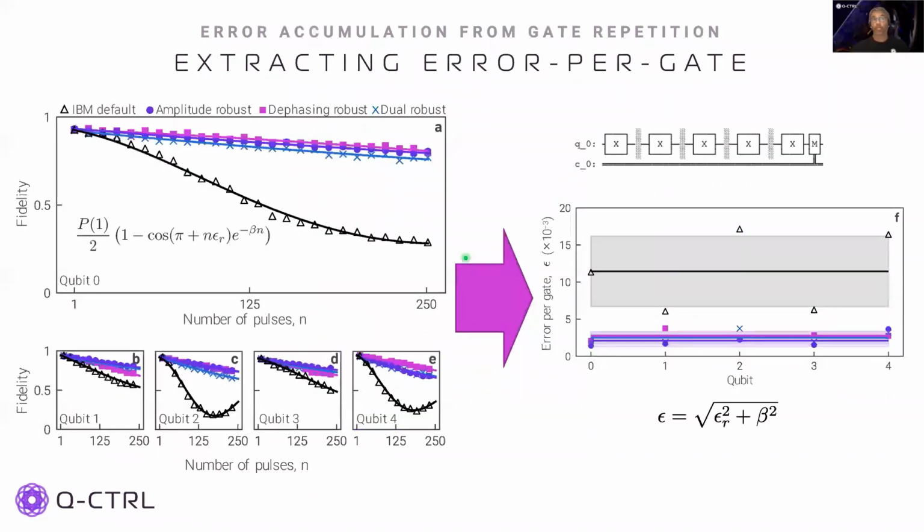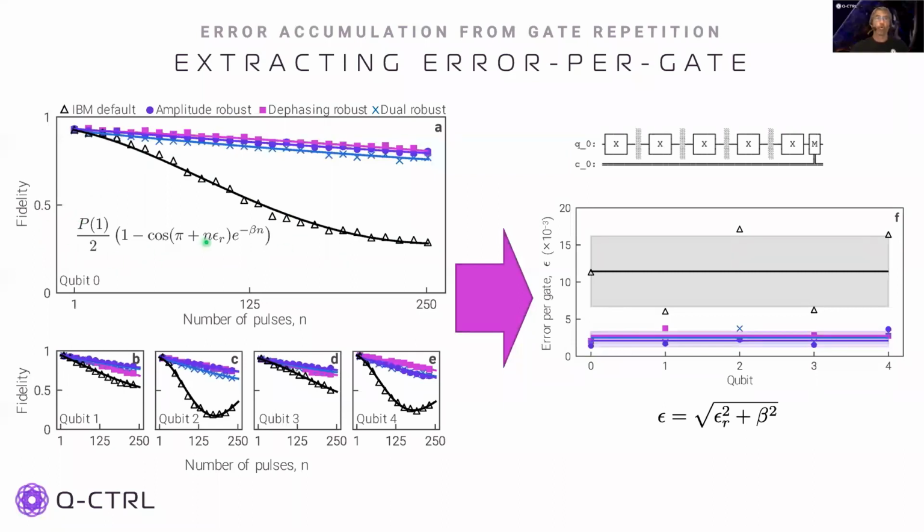The existence of these coherent errors, as indicated by our RB results, can be further explored by performing experiments where the gate is repeated multiple times. As the gate is repeated, coherent errors accumulate, and we can see their effect clearly. The data in this plot shows the results of such an experiment for the IBM default and 3 different robust pulses. They perform similarly for a single application of the gate, but the default gate quickly loses fidelity as the number of repetitions increases. The curves in the plot indicate a fit using this function, which allows us to extract